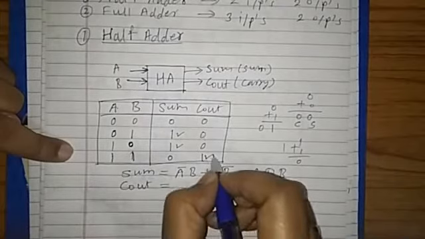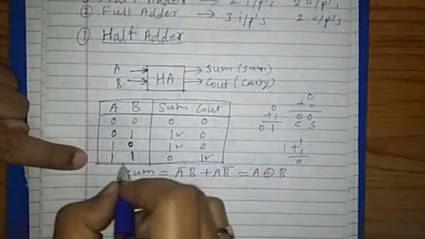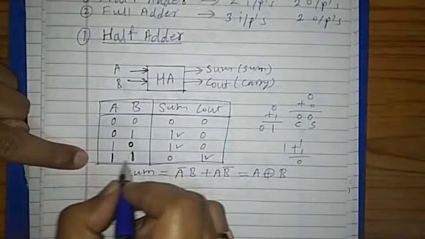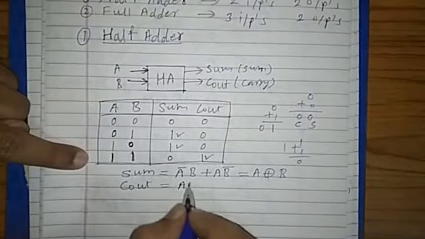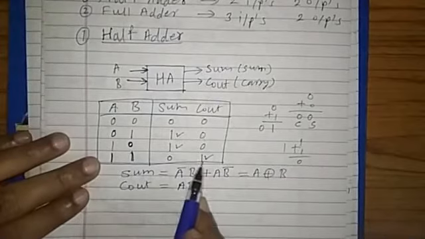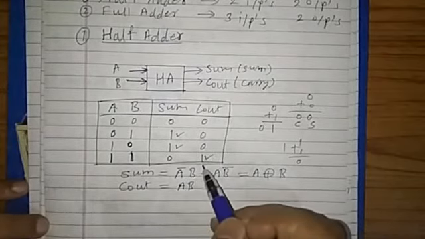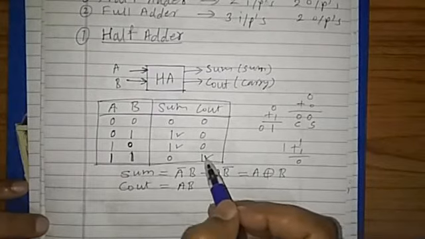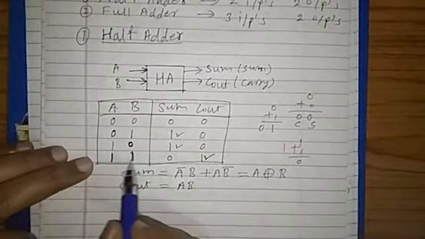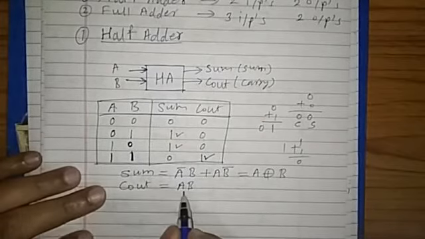Now C out. Can you tell C out? Here 1 is here for this. AB, exactly. It is an AND gate. You can see if both the inputs are 1, output is 1. As well, from any truth table, if you have these kinds of expressions, you can easily write the logic expression: wherever 1 is there, write the input variables. 1 you take as it is. If it is 0, take the complement. Therefore, C out carry can be implemented with the AND gate and sum can be implemented with the XOR gate.